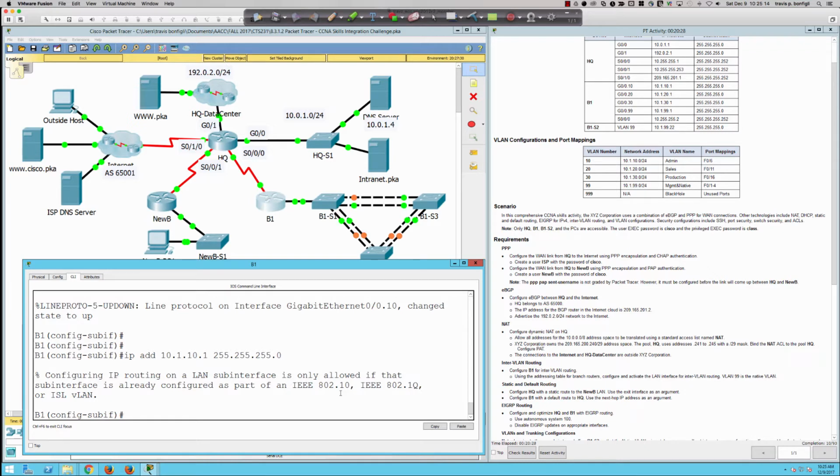Yeah, exactly. I don't have the encapsulation defined on the sub interface. And this is critical because it's this encapsulation that is going to put that tag of VLAN 10 on the traffic as it transits this trunk port right here. This will be a trunk port between Baker 1 switch 1 and Baker 1 router. When we egress from Baker 1 switch 1, we're going to have an 802.1q tag. You can see right here, IEEE 802.1q. We're going to have an 802.1q VLAN tag on that